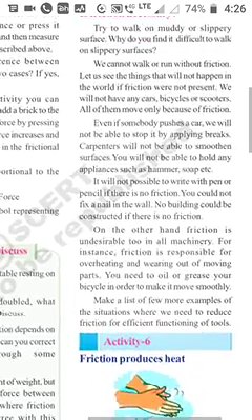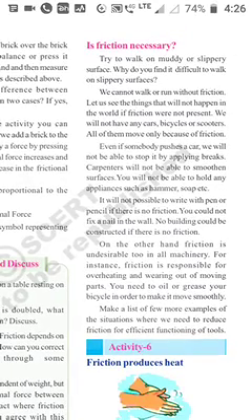And also friction is necessary. Yes, without friction we can't walk, we can't run. And also any vehicle, bicycles or scooters will not move on the road. And also we can't move cars by pushing. And also carpenters won't be able to do anything without friction, as they want to smoothen the surfaces of the wood. And also we won't be able to use appliances like the hammer. We won't be able to write with a pen or pencil also.